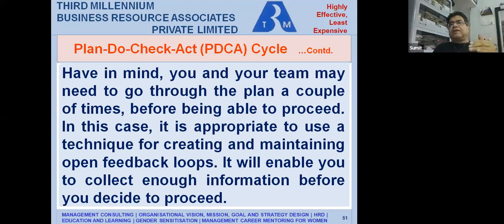Having answered those 5 questions, it is always a good thing to discuss in your team who will now go implement it. Seek their suggestions, which is through feedback. And it will enable you to collect enough information before you decide to proceed. So you may have missed out on something, which I'm not saying that planning is done by a single person. It is always good to involve people at every stage. Those feedbacks can be very, very productively used to improve your plan. Right? So this is the planning part.